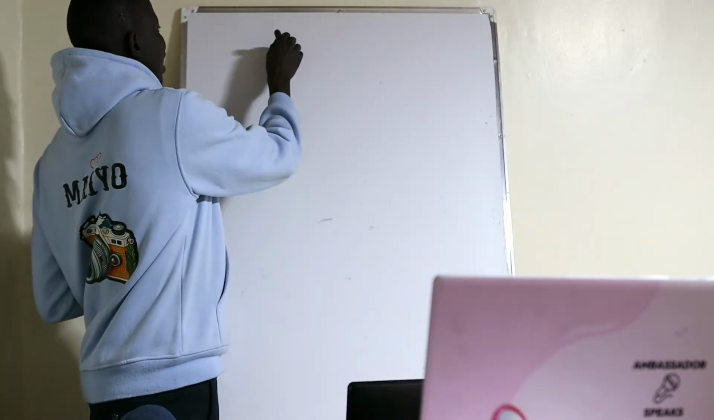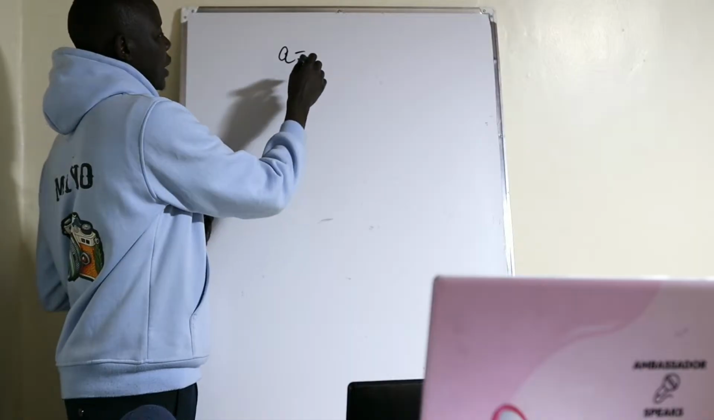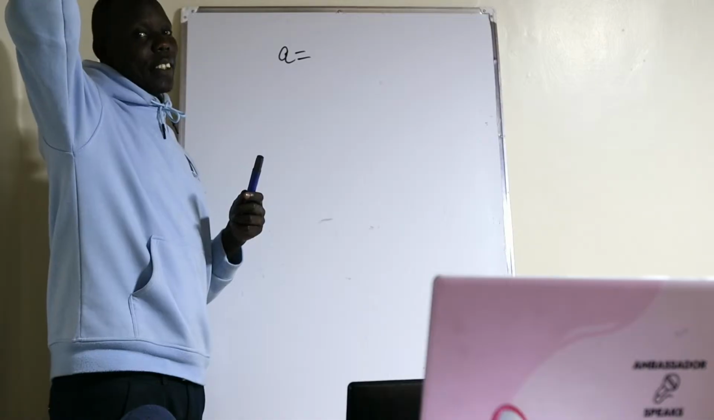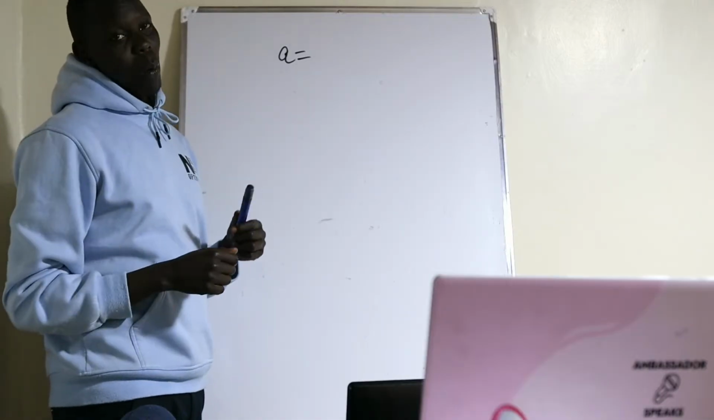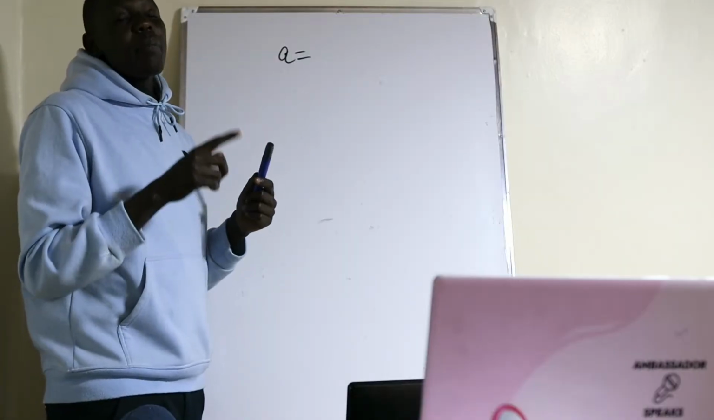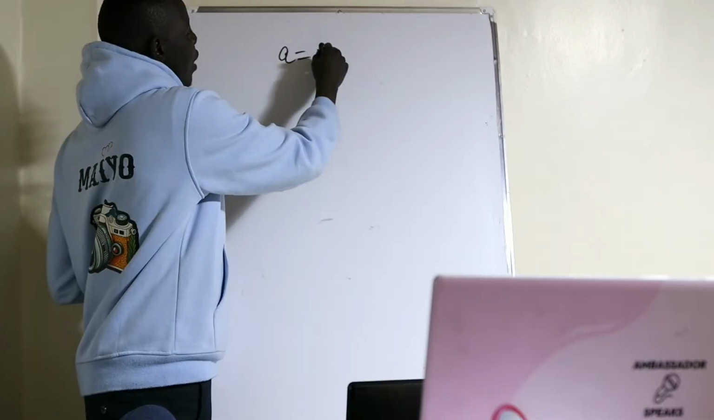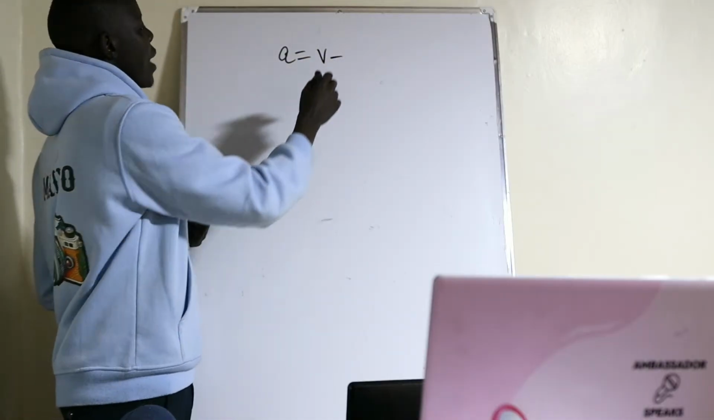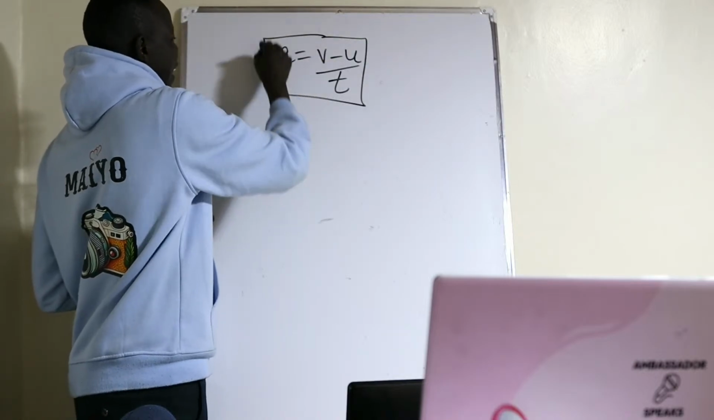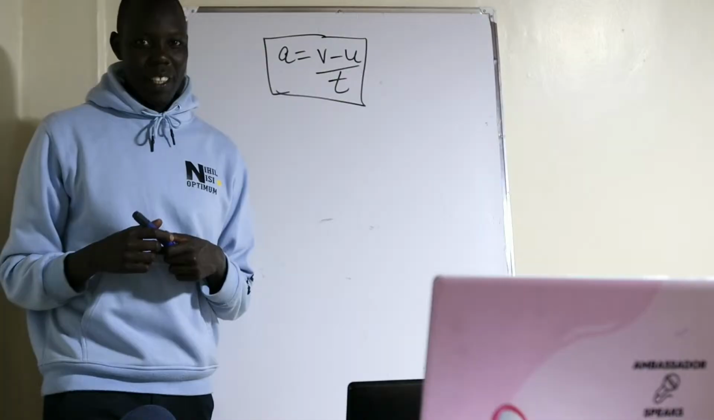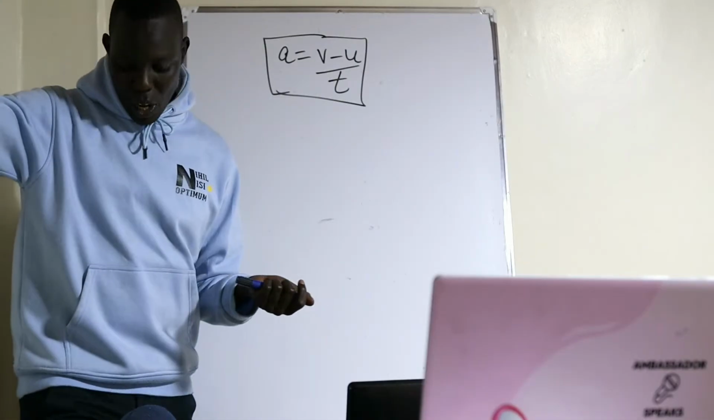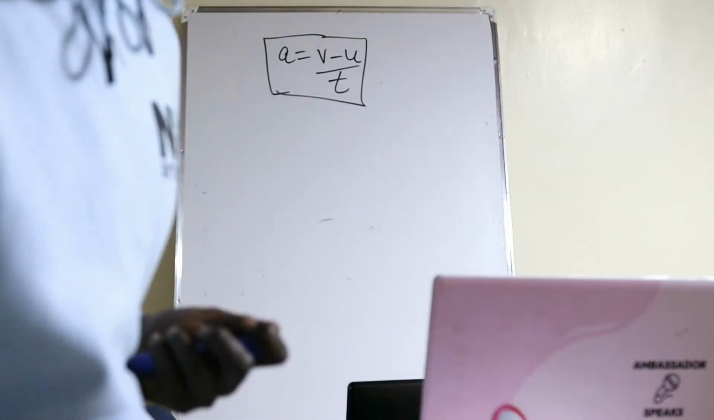So acceleration A is given by change in velocity over time. Change in velocity means final velocity minus initial velocity over time. Now, velocity is given by V. But when we start the issues of final and initial, then final velocity is given by V and initial is given by U, over time. This gives us what we call acceleration. In fact, in this topic, it is the first formula. A is equal to V minus U over T. Going forward in this particular topic,